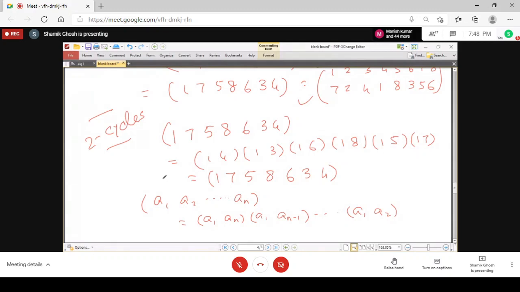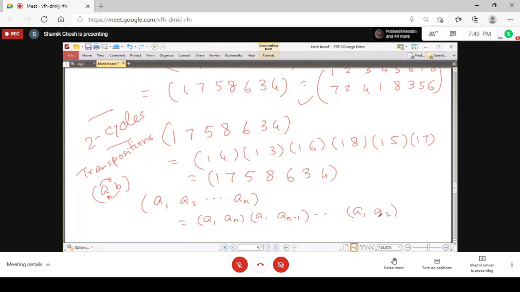So you can express every permutation in terms of the product of two cycles. These two cycles we also call transpositions. Why do we call them transpositions? Because if you have any two cycle, then A goes to B, B goes to A. So it is just transposing and interchanging A and B, and that is why it is called transposition. So we got that every cycle can be written as a product of transpositions, but in this case,